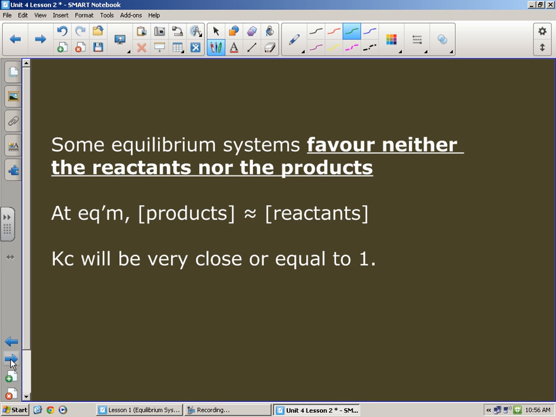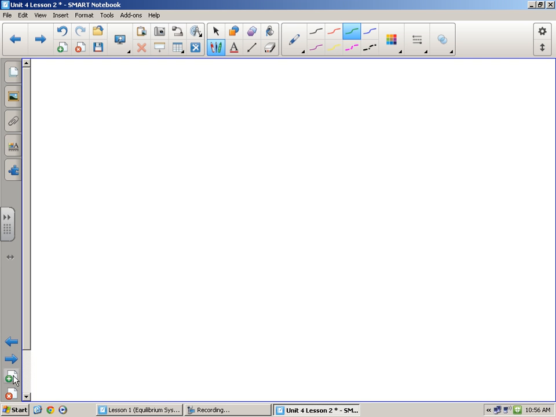Now usually you say, well, what's the cutoff there? Well, if it's around 1, guys, it's going to be both the same. If it's like 10 or 15 or 20 or 200 or 300 or 800, like our example, it's going to favor the products. And if they're really, really small, like in one of our examples, 2.35 times 10 to the negative 5, well, then it's probably going to favor the reactants. What does that mean exactly? Well, basically what it means is if you take your reactants versus products here,